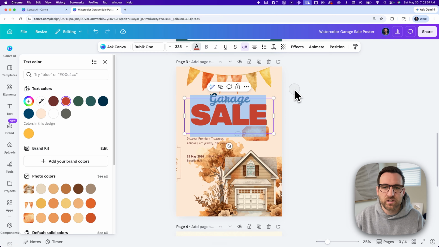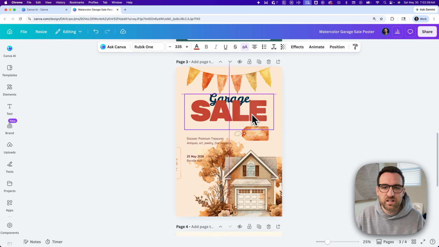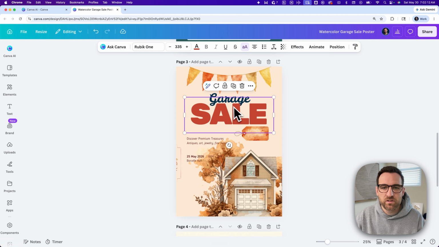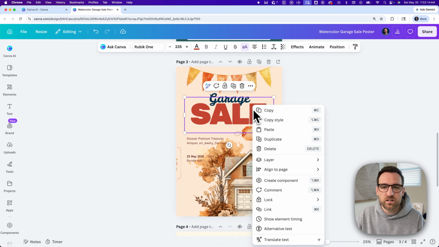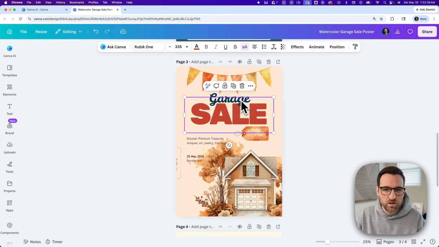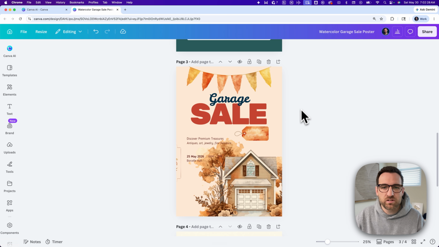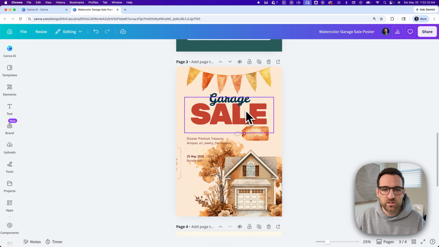I can click on, you see garage is behind sale. Well, that's not good. We want him to be on top of sale. So we could right click on sale here. And what we can do is actually align it, or no, go to our layers. And we can show all of our layers, or we can just send this element to the back. If we send them to the back, then garage is going to be in front. And so now we have garage sale, and that garage word is kind of on top of sale, which is